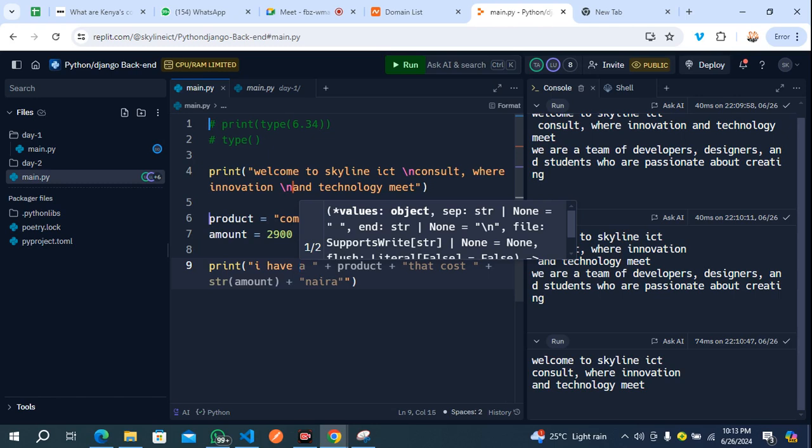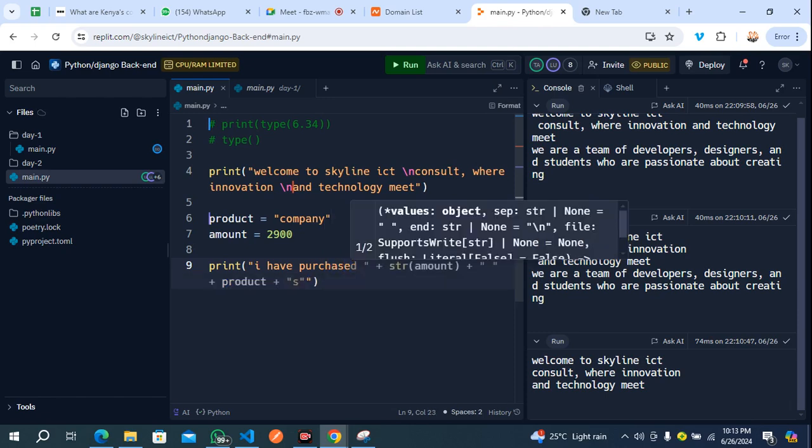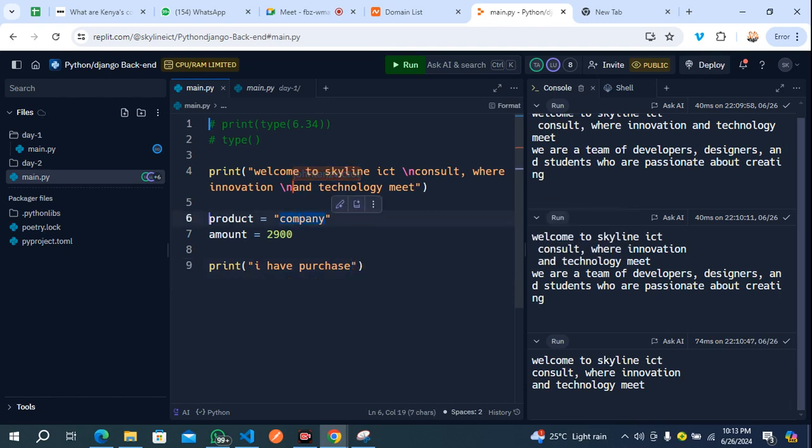So can try to say I have just purchased a computer, right?